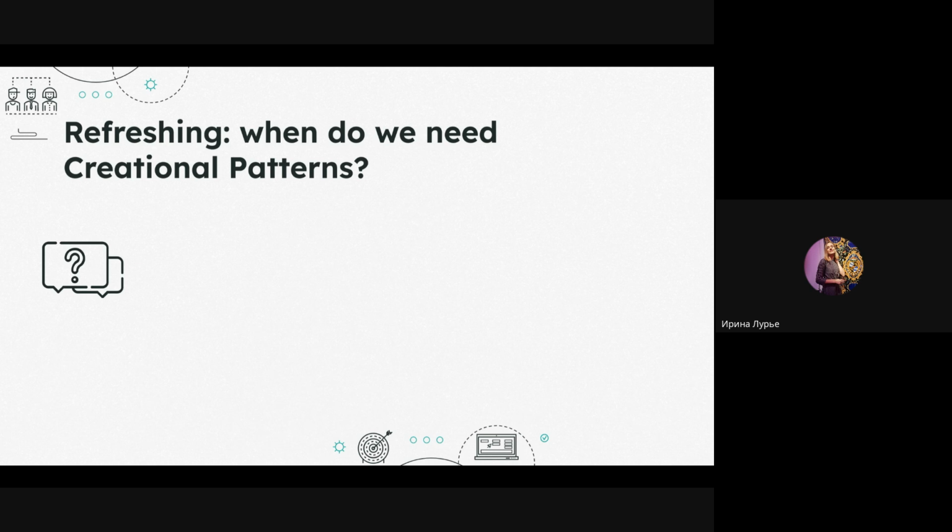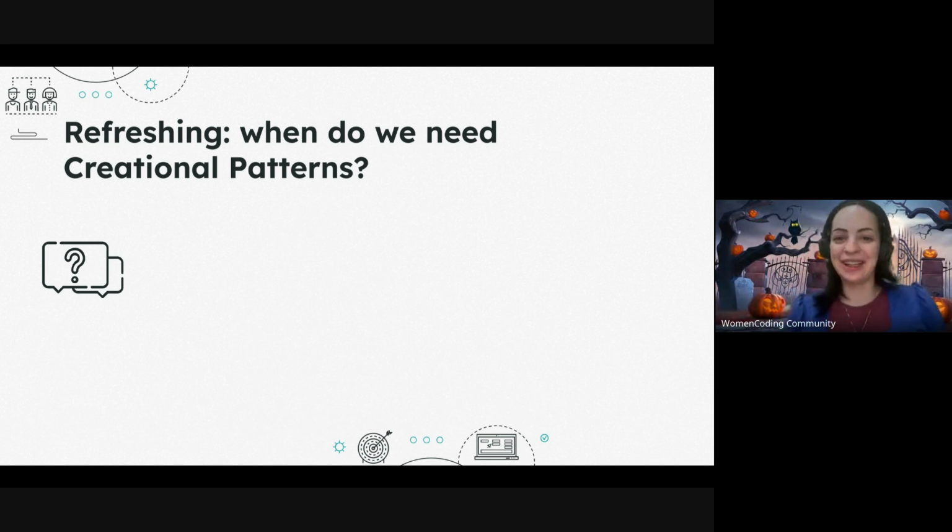I think about it this way. Here I would say any creational pattern, we should think about in advance, before developing the program. Mostly we use them when we think about entry points where the program begins: what will be the first objects created and how we will create them. So in the case of Java, we will think, maybe we will build a factory for repositories, an abstract factory, or